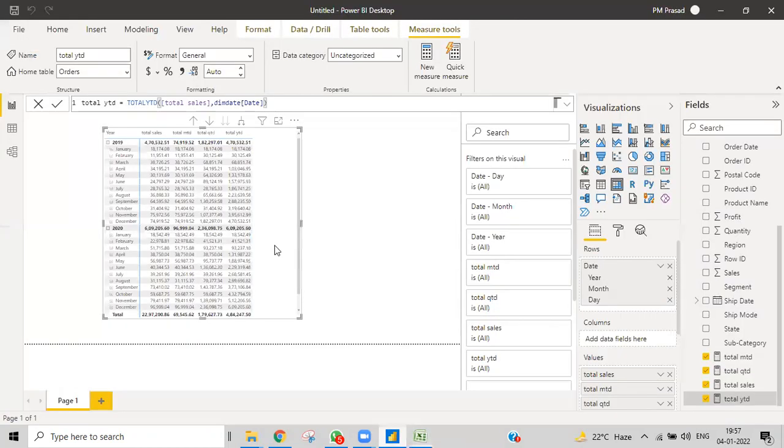Previous day: I do have sales for today, but for every day I want to get my previous day sale. Means if the day is 10th, I need to check the 9th. If the day is 9th, I want to check the 8th. For every current context, like this January current context, it is calculating total sales for January. Whenever it is 2019, it is calculating for 2019. So this is what we call the current context. For that current context, it will show the previous day sales.